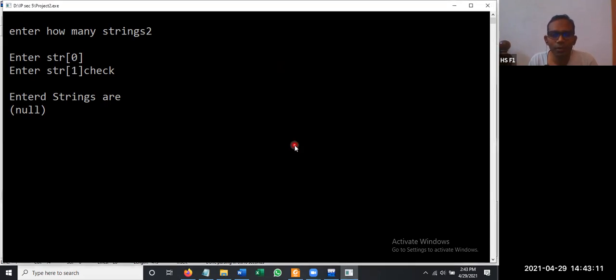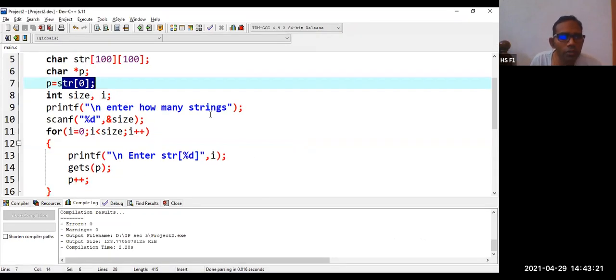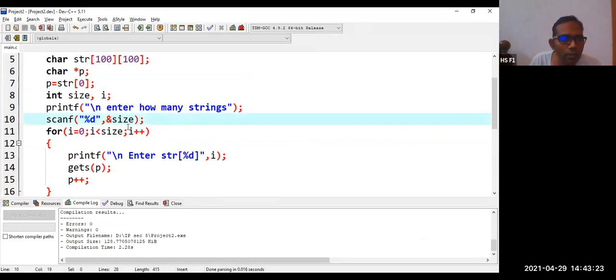Close the program. Let us check the program. Where is the bug in this one? Enter how many strings, %d size. Percent size is correct.